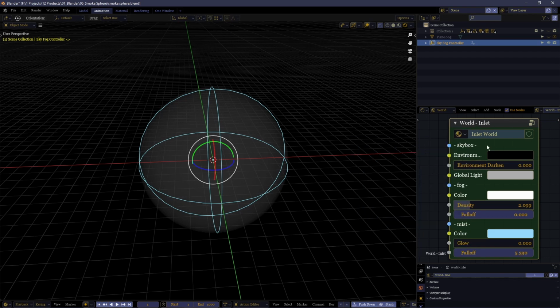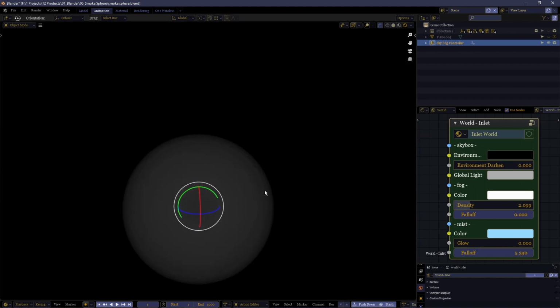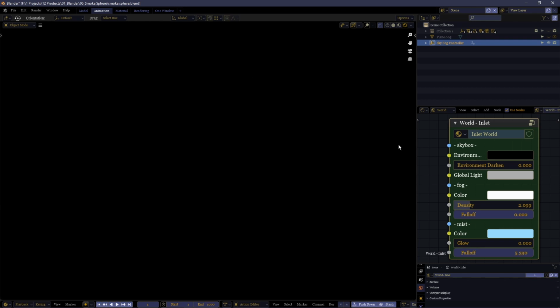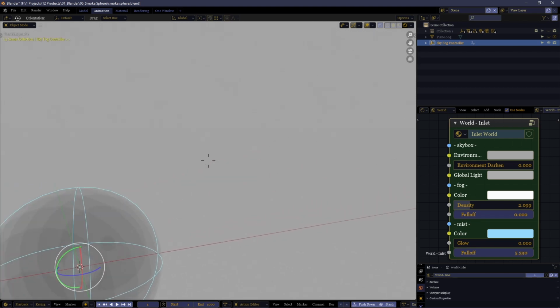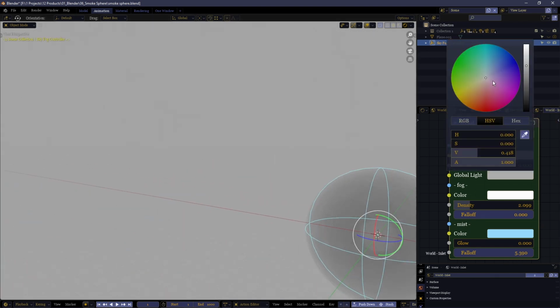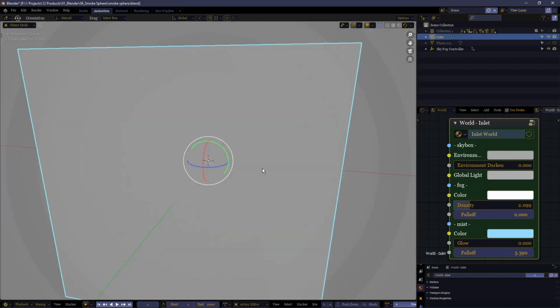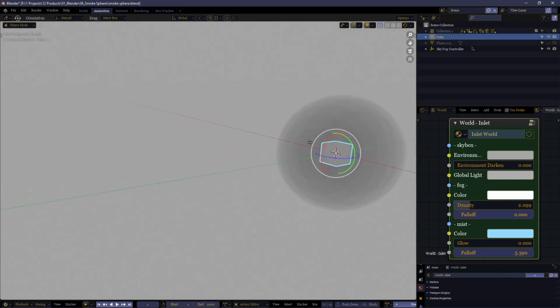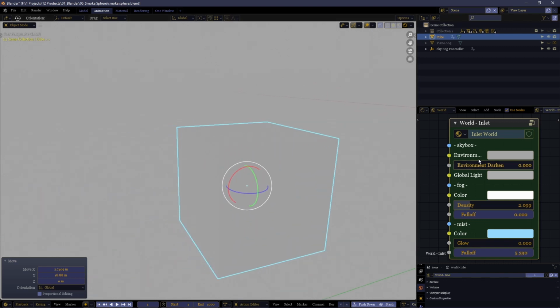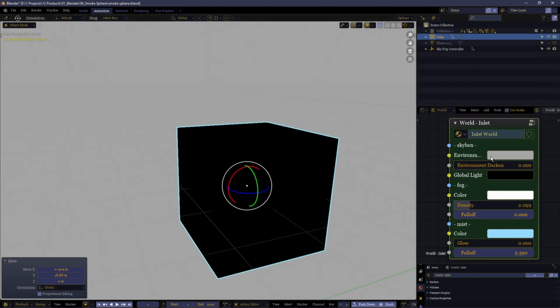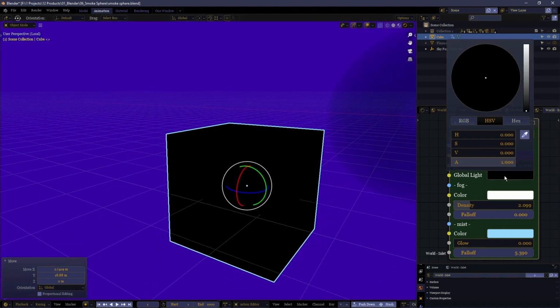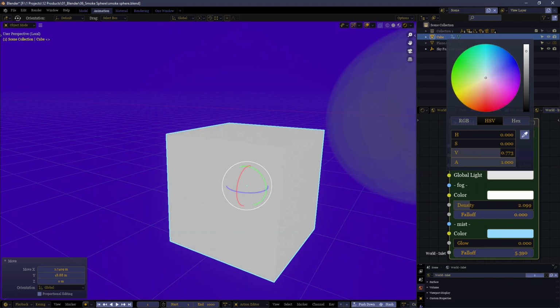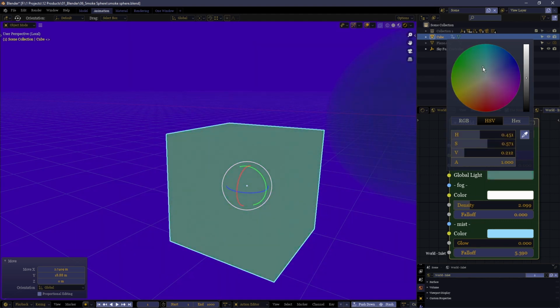First of all, inside of the node, we'll take a look at some of the settings available. You have this skybox set of settings. These settings allow you to change the world color and the global lighting of your scene inside of Blender using the World tab under the shader editor. Now, it's not so easy to tell right now, but if we just add in an object, you can see that if we have just a texture in the environment, this makes no difference to the object. And if we set a color in the global light, this will light up and darken the object and give it color, even though it doesn't affect the global environment texture.